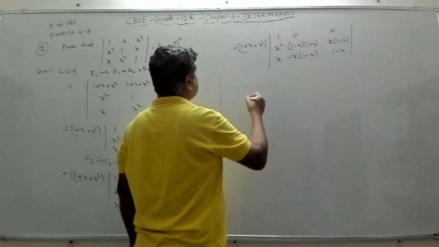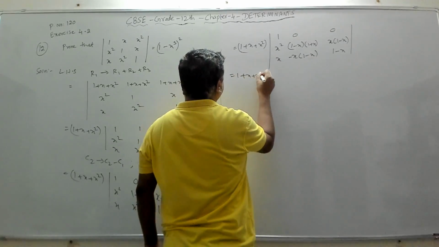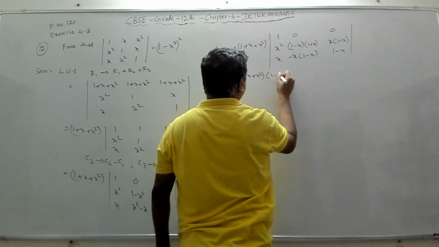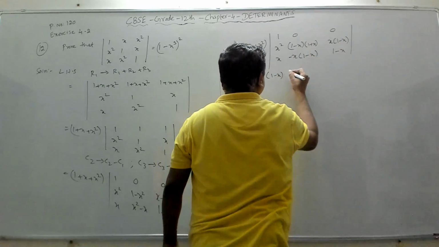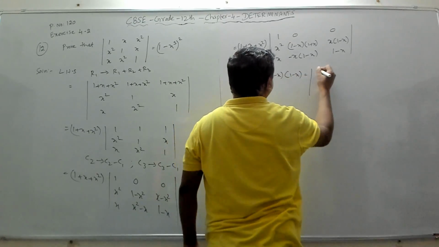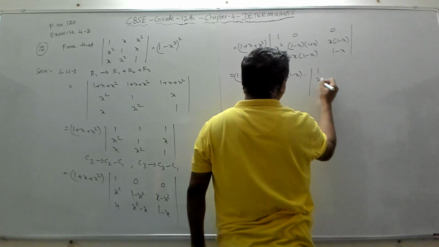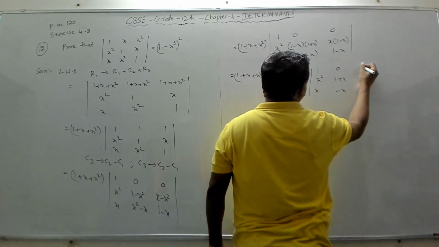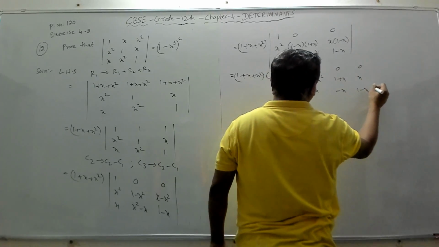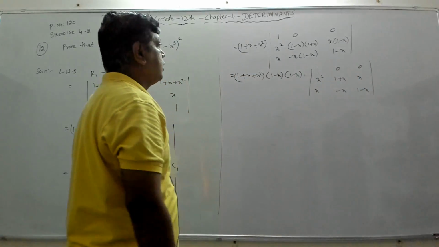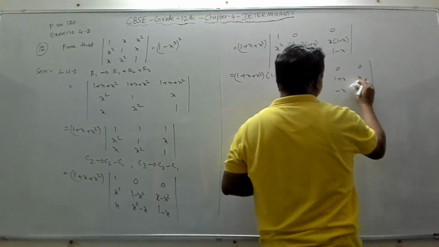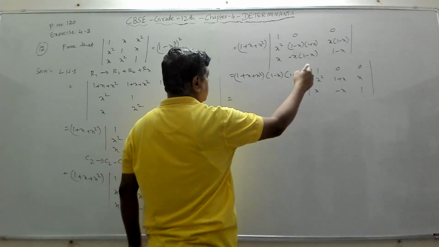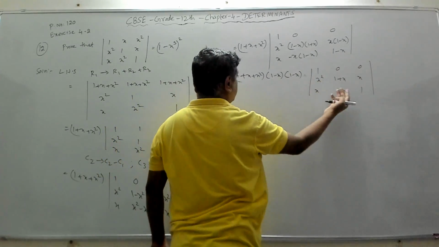Fine. So now if you observe 1 plus x square into, in this second column 1 minus x is common, so I can take that out. Again in the third column 1 minus x is common, I can take that also out. So I will get 1 x square x, 0, 1 plus x minus x, 0, x, 1 minus x. 1, sorry, 1. Because 1 minus x is taken out, you will get 1. Now we will expand using row 1 because we have made two elements 0 and we took the things common.